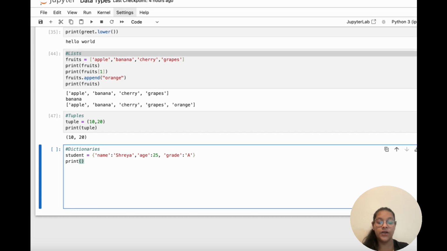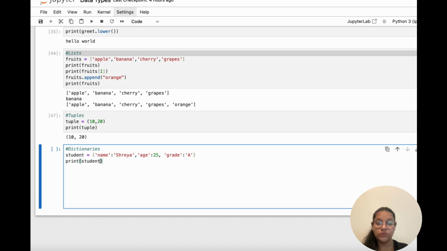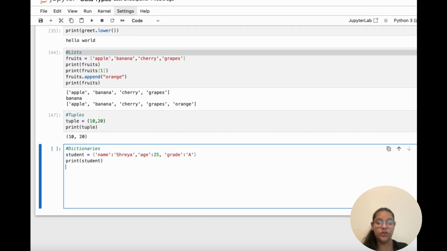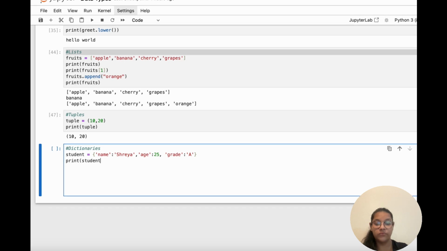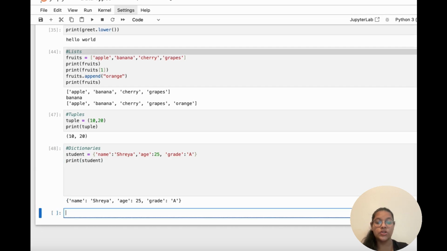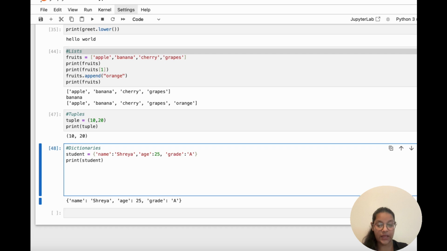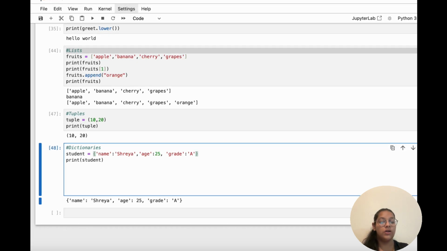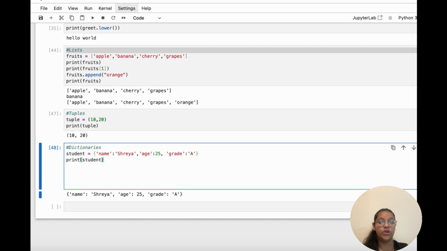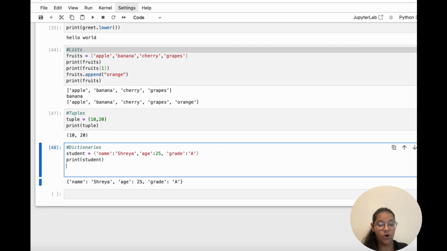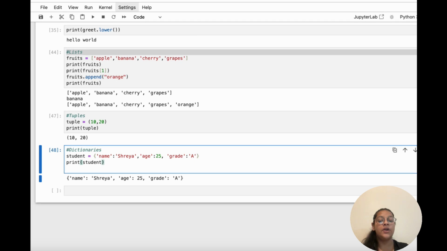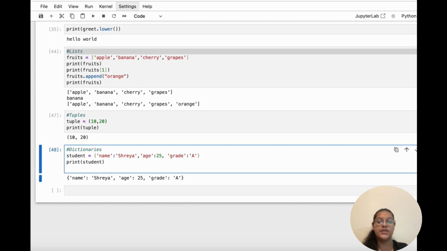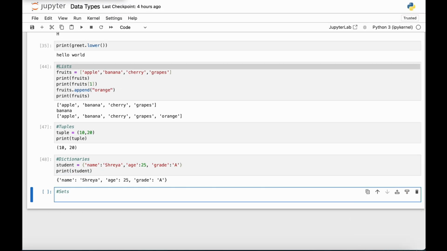And we'll print this first, print. If you want only the name, you can print only name, but we'll print the whole dictionary first. So the dictionary is printed, and if you want to change anything in it, we can do it. We make dictionaries in curly brackets, and that's it about dictionaries. We'll discuss them in a long video. There will be a separate video for all the data types like list, tuple, sets, dictionaries, and all.